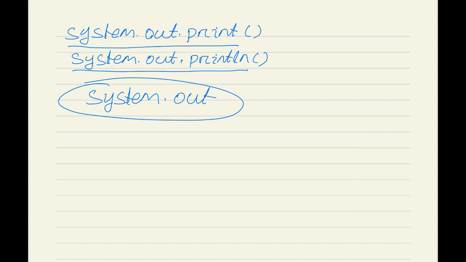So similar to this, there should be another object system.in to take input from the user or to read data from the user during the runtime. So if we use the object system.in to read data from the user, then it requires some advanced Java programming skills, and also it provides only primitive input facilities.